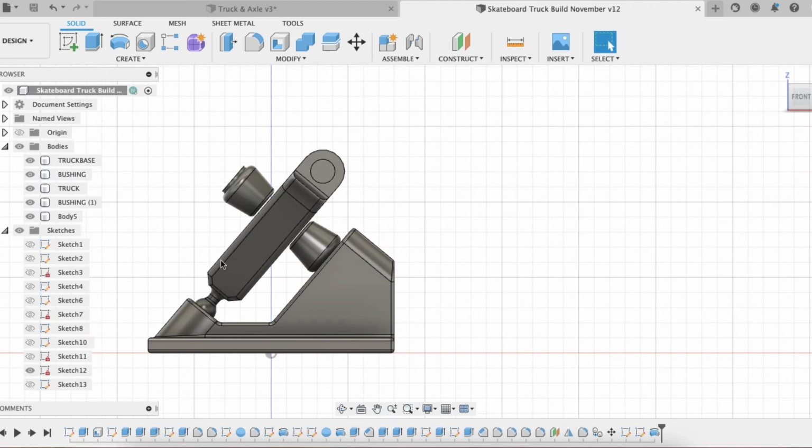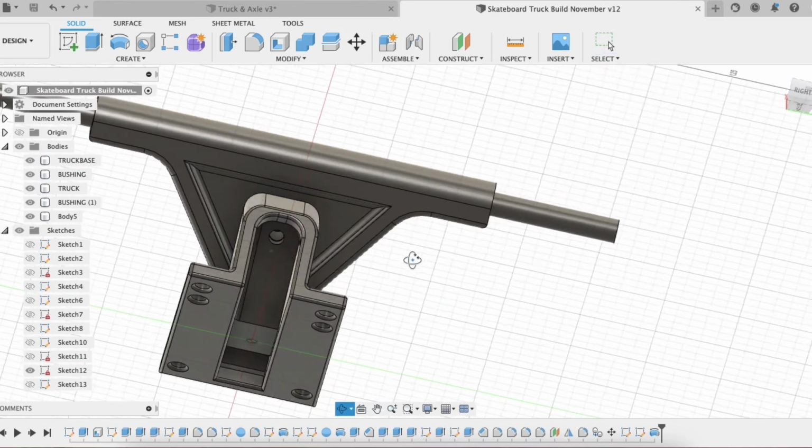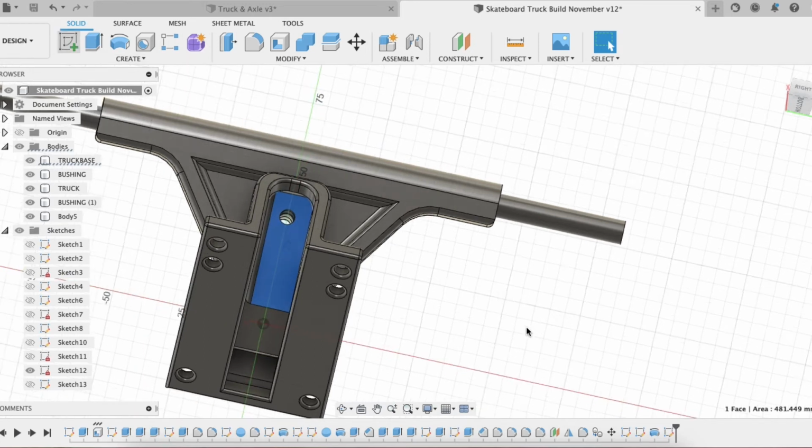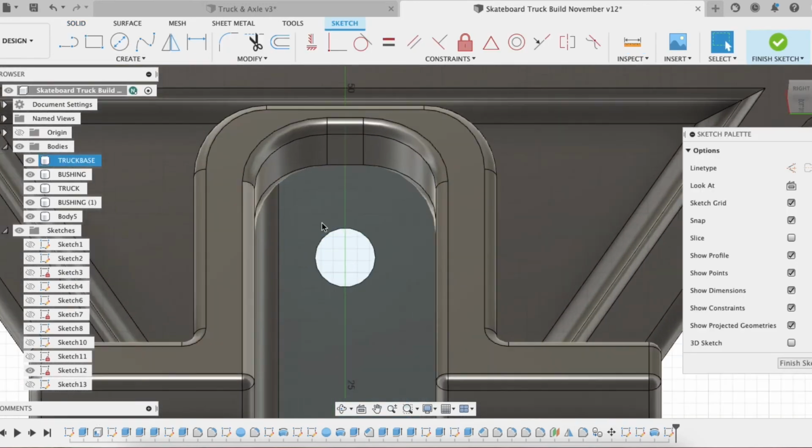And I want to now start working on the kingpin. And the kingpin is a bolt that goes all the way through these parts with a threaded end that then has a nut that locks everything together. We're going to select this bottom plane that we've already drawn on before and then create a new sketch. With this sketch, we're going to